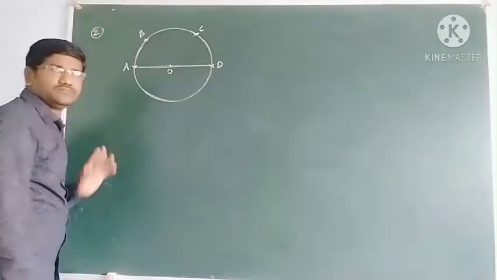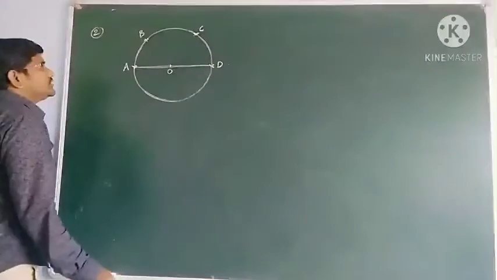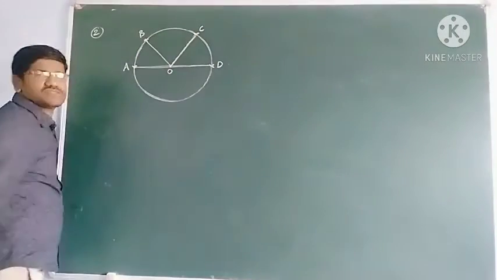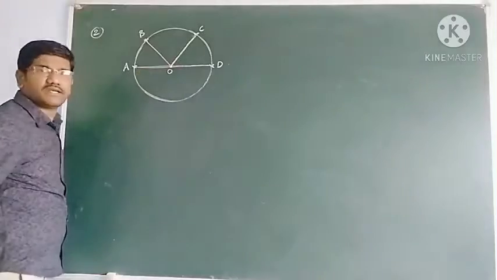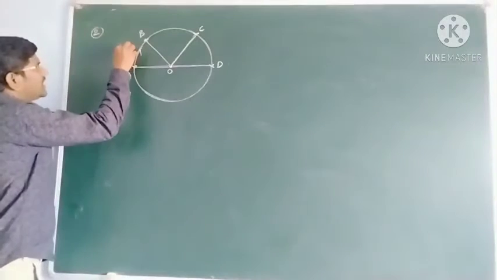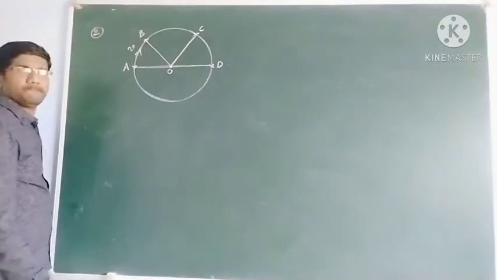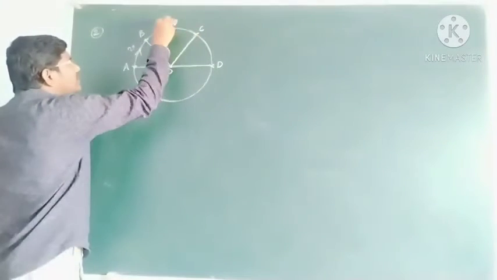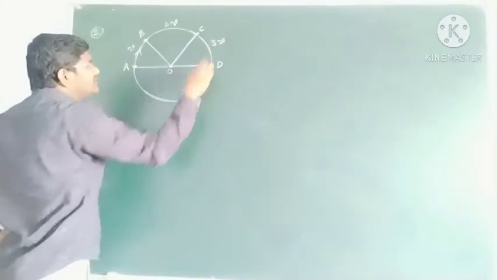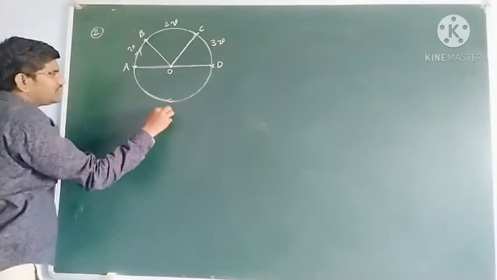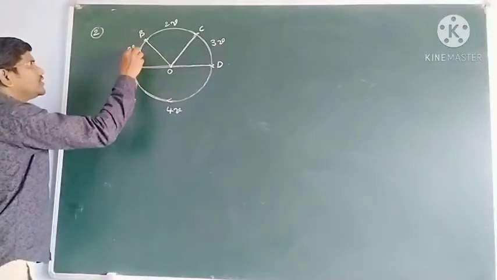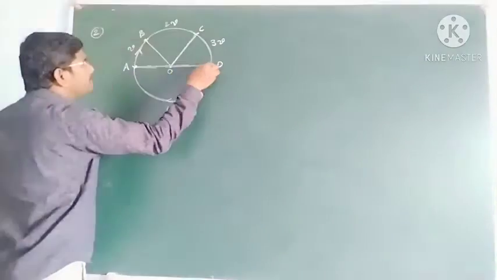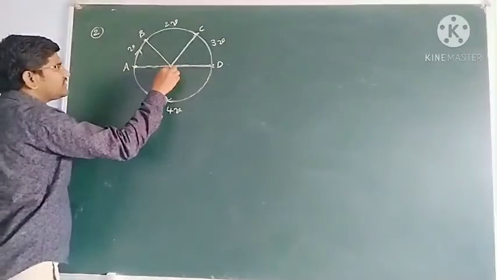Okay students, so this is O, and this will be the radius and this is also the radius, because this is the center of the circle. Now A to B, it has moved with the speed V, and B to C also speed V, otherwise you consider 2V, and this is 3V, and A to D you consider 4V. Fine. So O is the center of the circle.